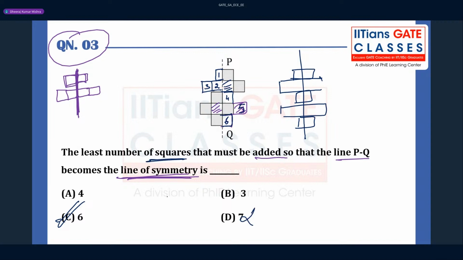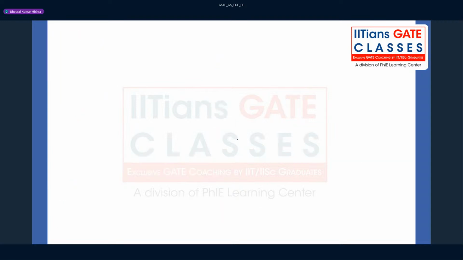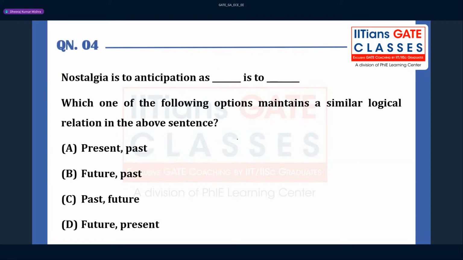So this 7 is not correct, this is also not correct. So option C will be correct for this question, right? Fine, let's move to the next question. The question number